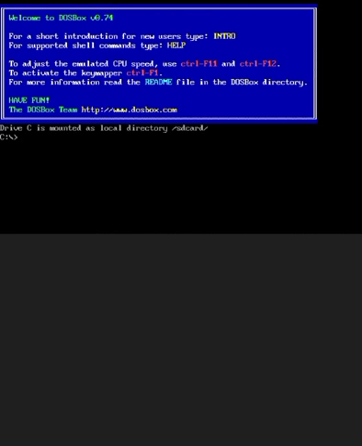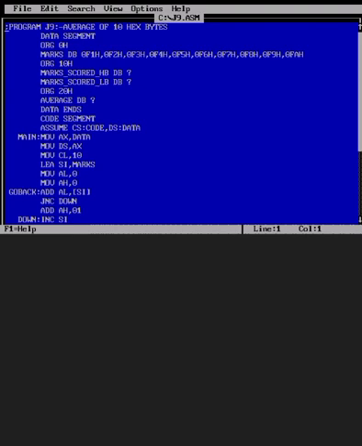So let us start. First type edit space. As I already told you, the program is J9, therefore J9.asm. Click on enter. I have already written this program, so I will simply go through the explanation so that you can understand better. There is no need to write the program again.